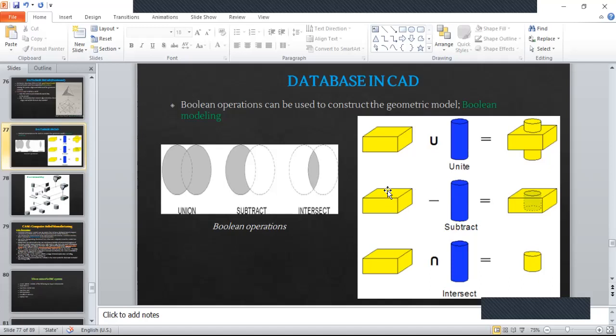Whichever part is intersecting with this body, we will remove that, subtract it. And intersection is the common part. What we had subtracted here is nothing but the intersection part, which is common to both these bodies. The region which is common to both bodies will come under intersect. Clear?